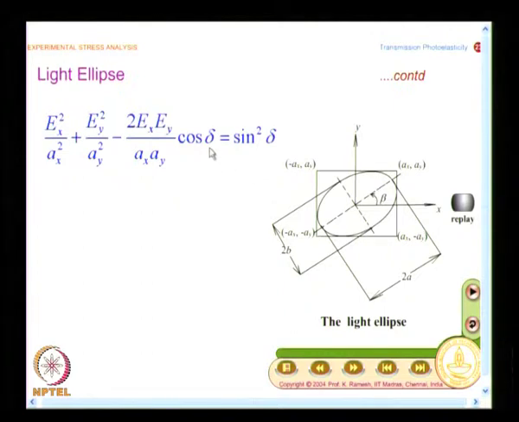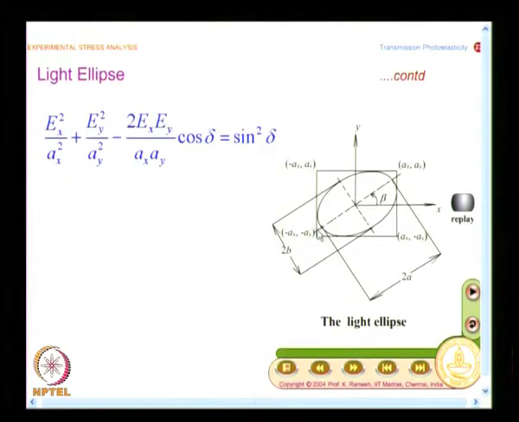Suppose delta becomes pi by 2, what happens to this expression? This becomes 1 and this term goes to 0, and this is your famous equation of ellipse: x squared by a squared plus y squared by b squared equal to 1. That you all know, that is the equation of an ellipse. And what you have here is an equation of an ellipse at some arbitrary angle, and that is what you have here. I have this as the light ellipse,